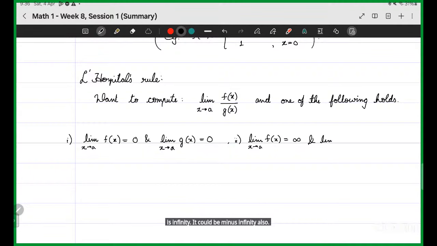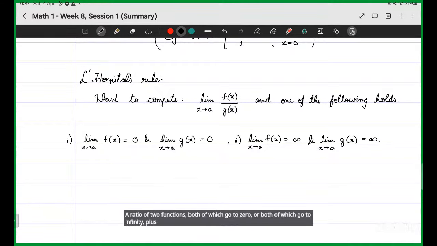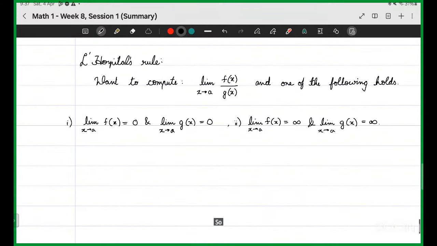And by infinity, I just mean one of the two. So you have a ratio of two functions, both of which go to 0 or both of which go to infinity, plus or minus infinity. So in such a case,